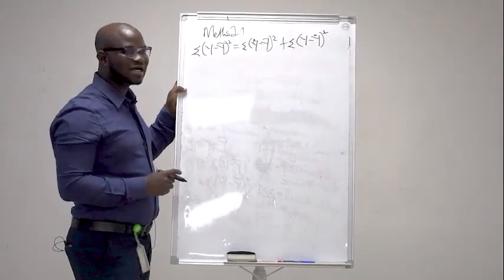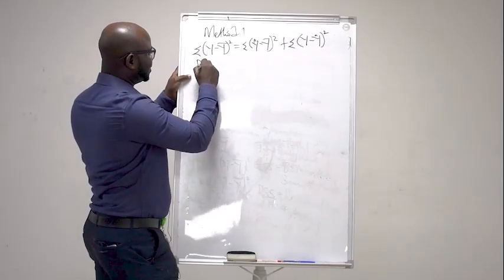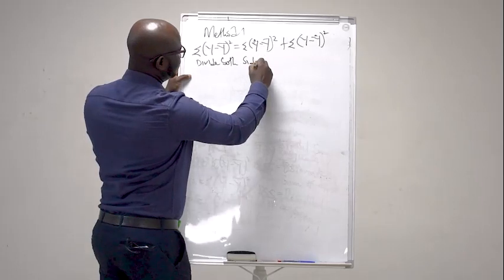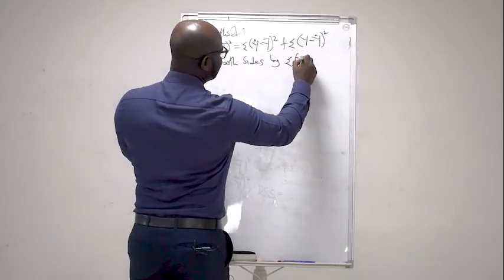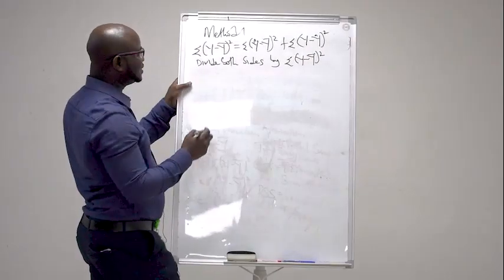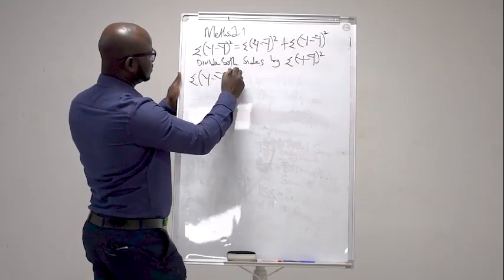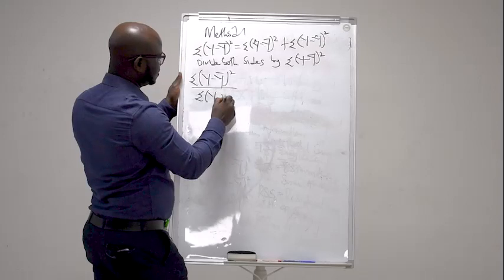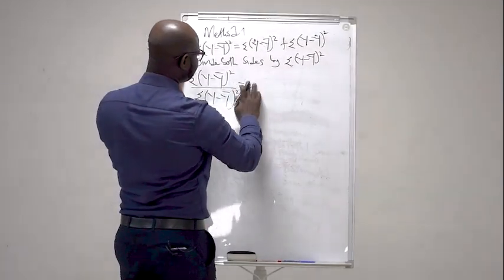So to determine the R square, you divide both sides by the total, right? In doing this, we have this divided by this, and it will be equal to